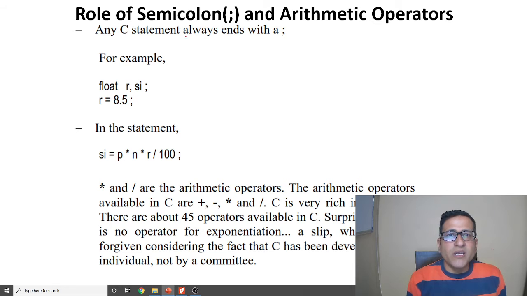You can see this semicolon is written in every statement. Like if we are declaring float, here we use this, here we use this, here we use this. So in each and every statement we have to use the semicolon.